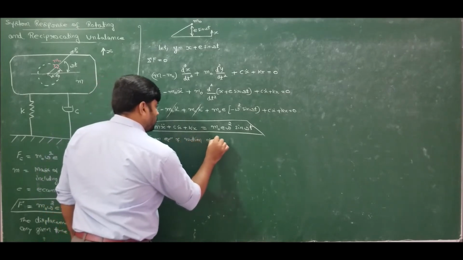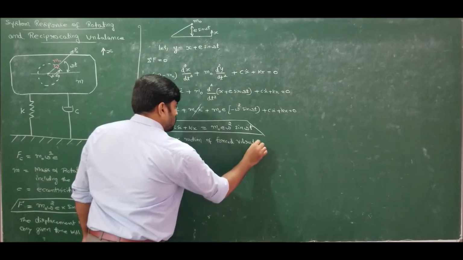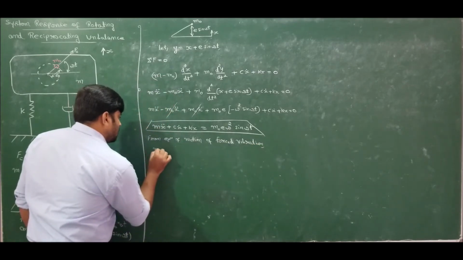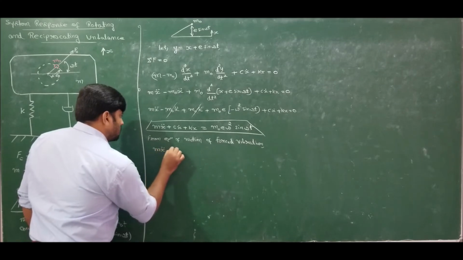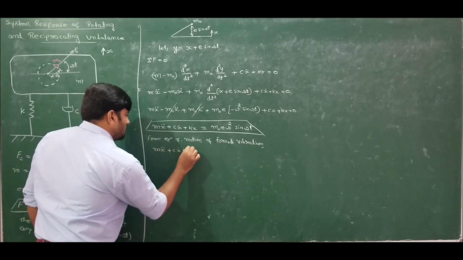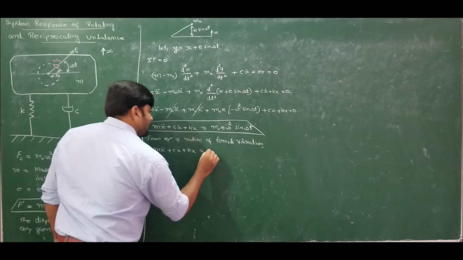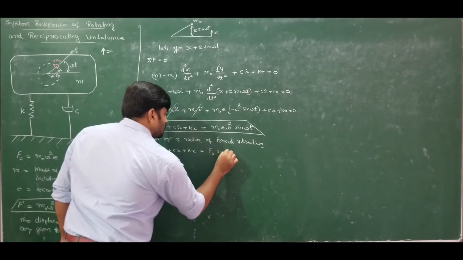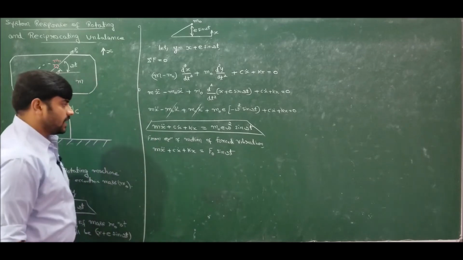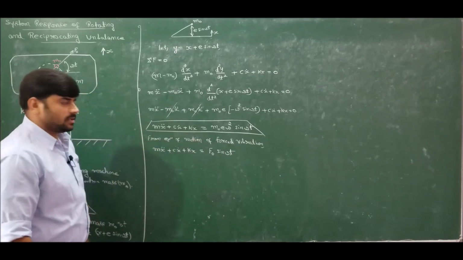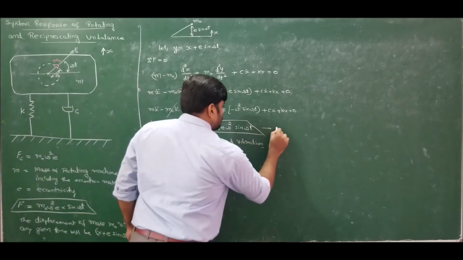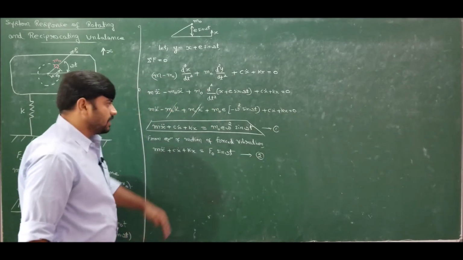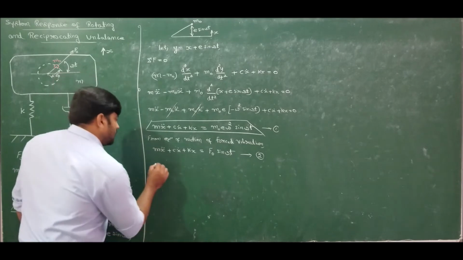what is the equation of motion of forced vibration? It is m x double dot plus c x dot plus k x is equal to F naught sin omega t. Correct? Now compare these two equations. So compare the equation we obtained with equation 2. Comparing equation 1 and 2, we get